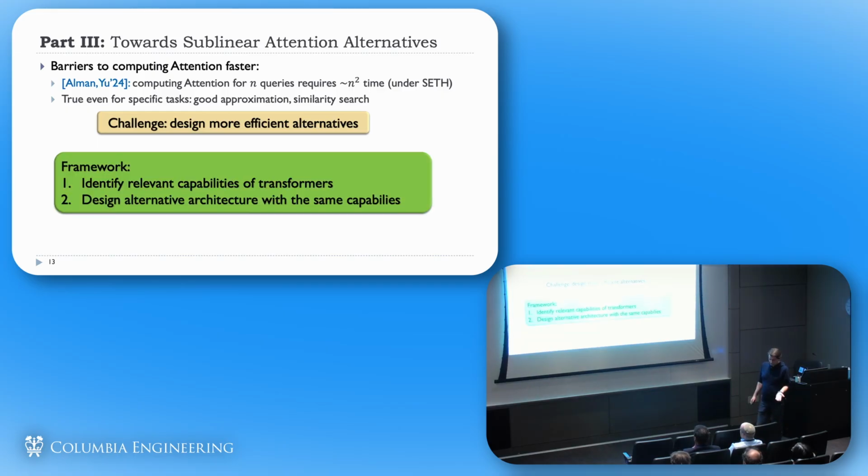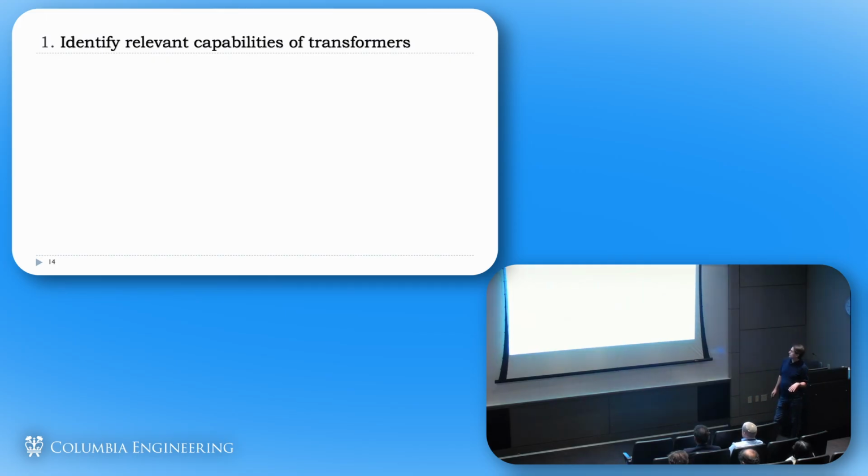Okay, and here is a framework in which we can approach this question. The framework is as follows. Let's go to transformers. We know that transformers are in some sense too powerful. They have this attention mechanism that is quadratic time computation. You cannot speed it up, and it has the power of that quadratic computation. But most of the tasks that we care about shouldn't really need that much computation. So let's identify the relevant capabilities of transformers and then design some other mechanisms that retain those capabilities. Okay, so to identify the relevant capabilities, here is one problem.